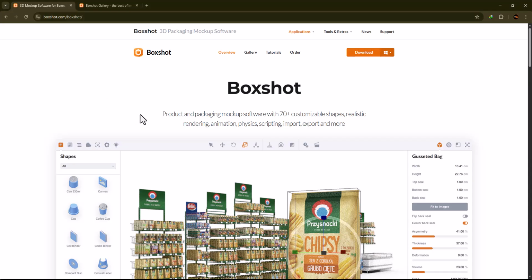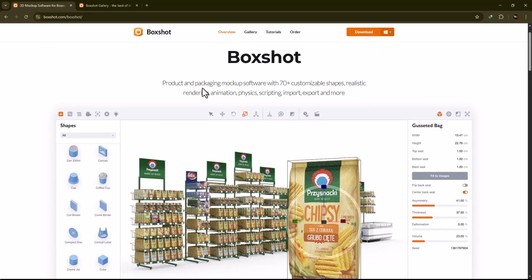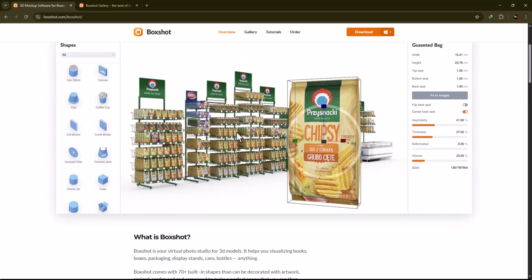This is interesting software called Boxshot. If you want to create a mockup rendering for animation, physics, and anything, if you have a product, something like this,